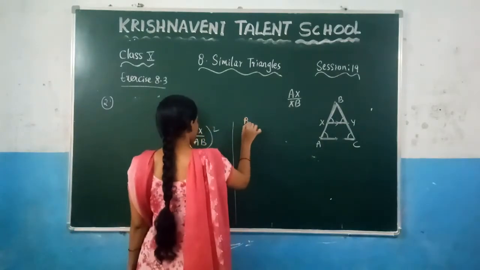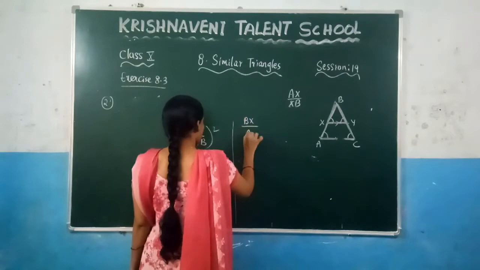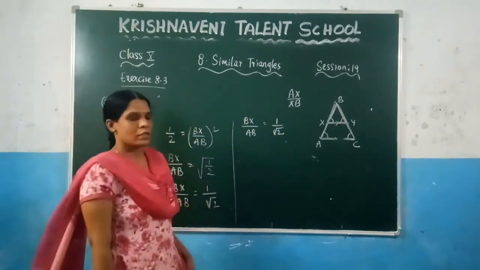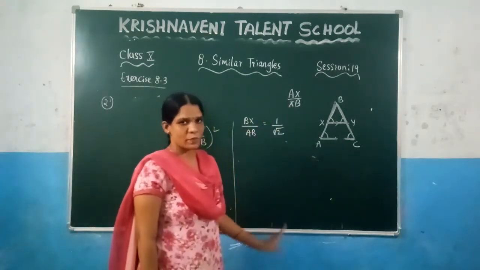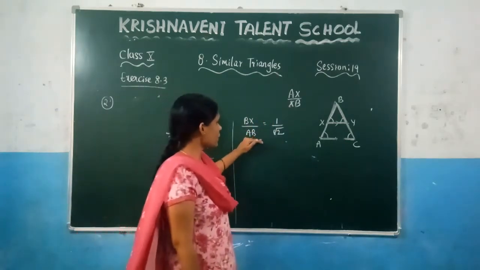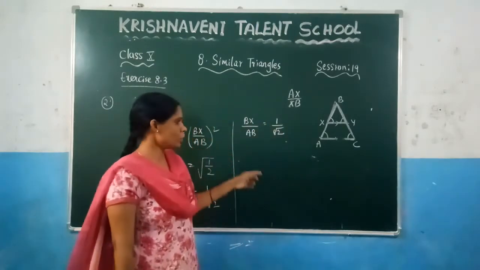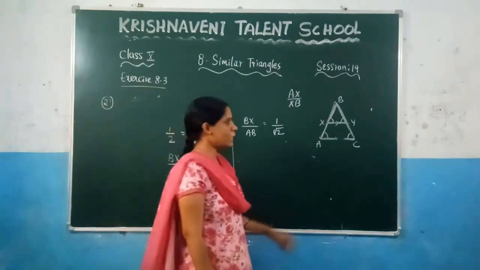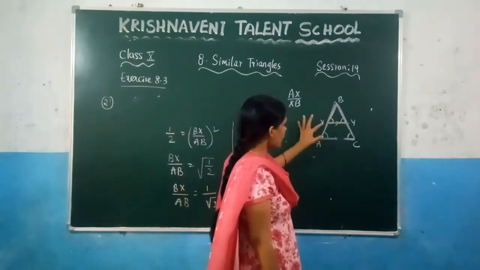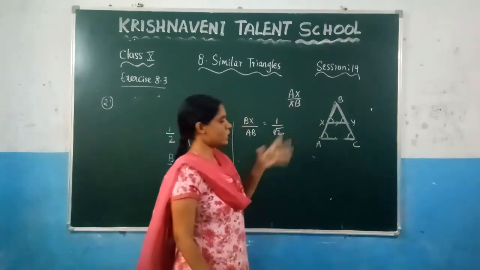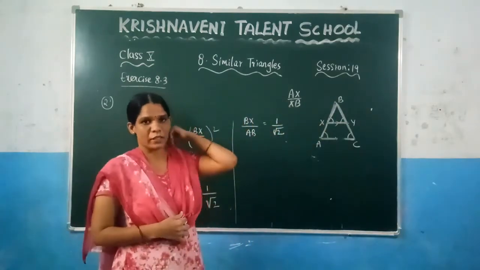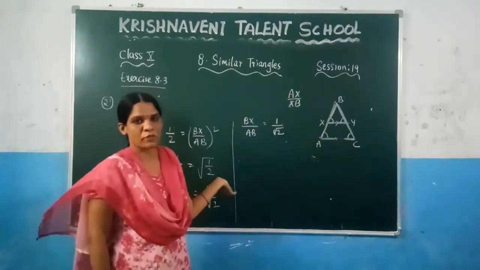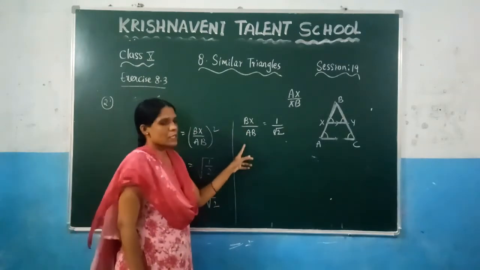So here what we got? Now here already Bx is there, here also Bx is there. So here AB is there, here Ax is there. So you need to write AB in the form of Ax. How do you write? Let us see in the triangle here. You can write AB as Ax plus Bx, so that you will get Ax. Because here you need to observe what we need to find. We need to find the ratio of Ax by Xb.